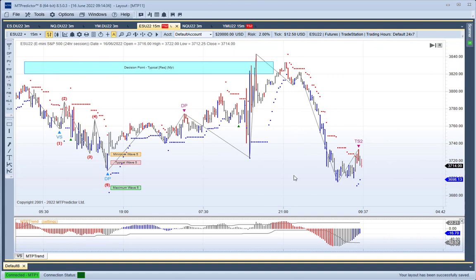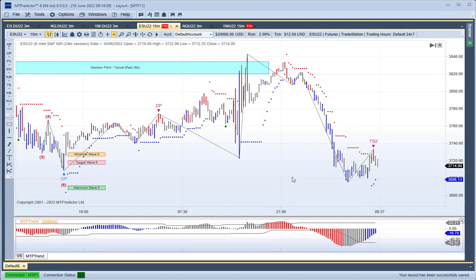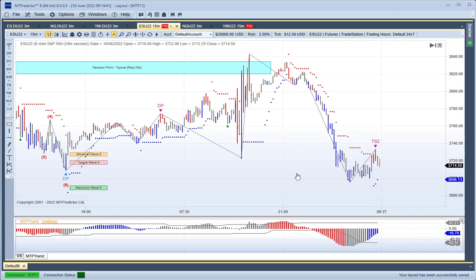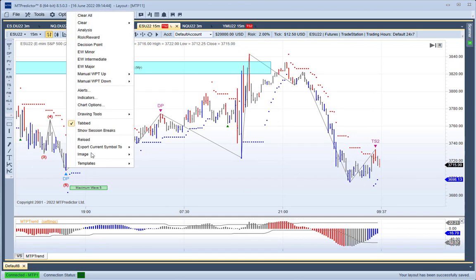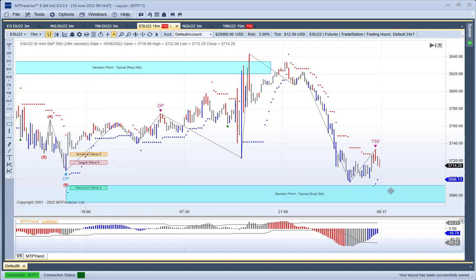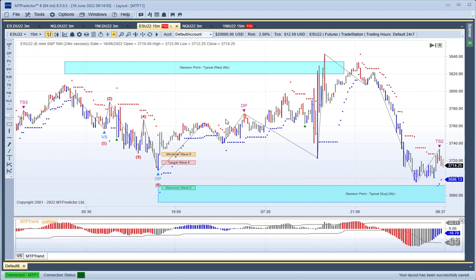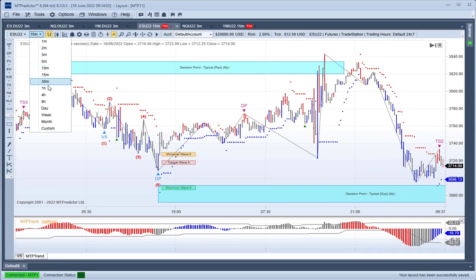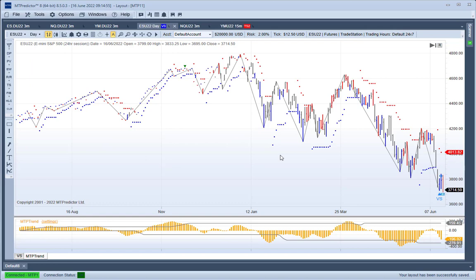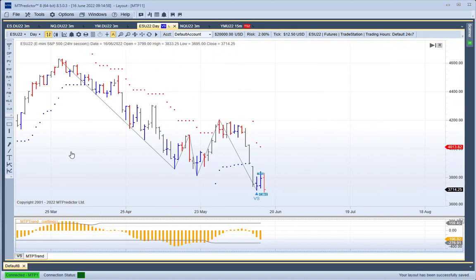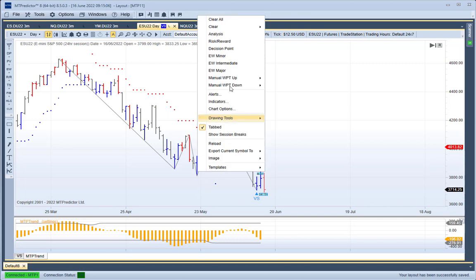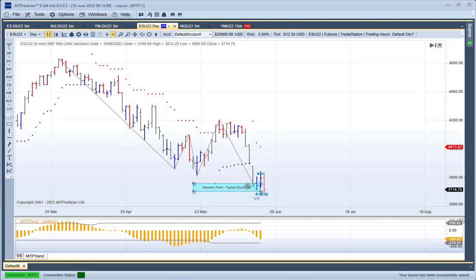So where's the market likely to go to now? Well, I say likely, we never know for sure where the market's going, but as the market goes down, an obvious area of support would be a DP of this previous low here. As you can see, we haven't quite reached this level. On the 15-minute chart, this is very interesting because in our MTPredictor training webinar a couple of days ago, we were looking at the DP of this previous low here back at earlier in May. So if I right mouse click here, decision point, we were looking at this decision point as a potential area of support. And even though, yes, it's a valid area of support, we did even have an automatic VS buy setup here,